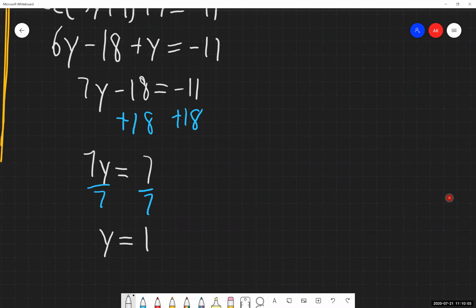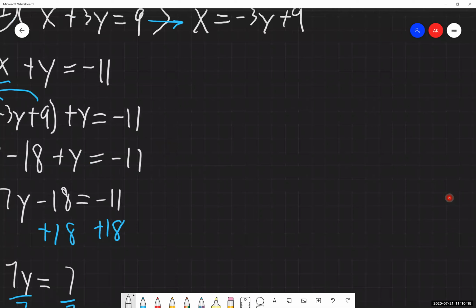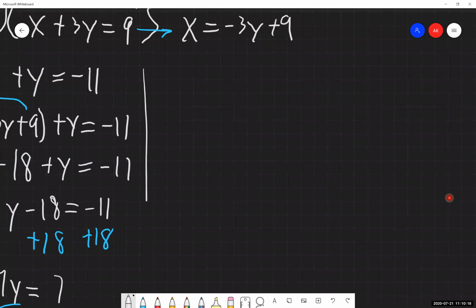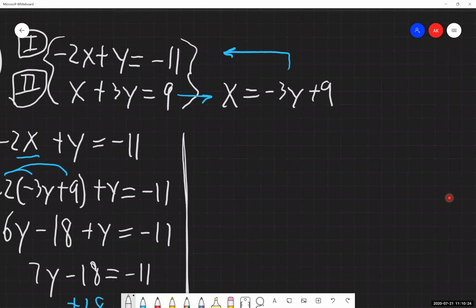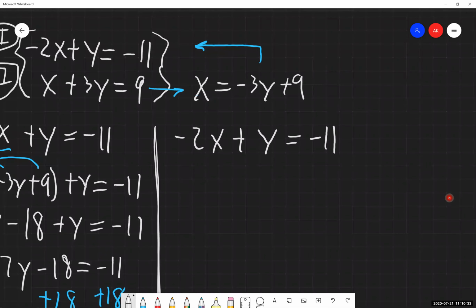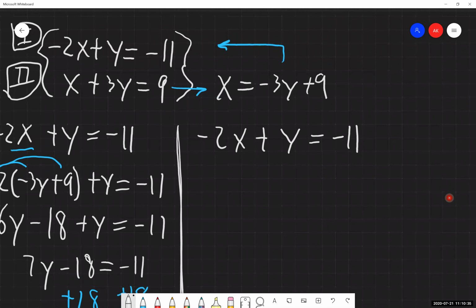Step 4 in our process, substitute the result from step 3, this y equals 1, into one of the original equations to find the other variable. So we have our y value, we need to find our x value. And I'm going to choose the first equation. And again, I recommend you write out the equation you're going to use and then substitute things in. So I found a y value of 1. So I'm substituting that in.